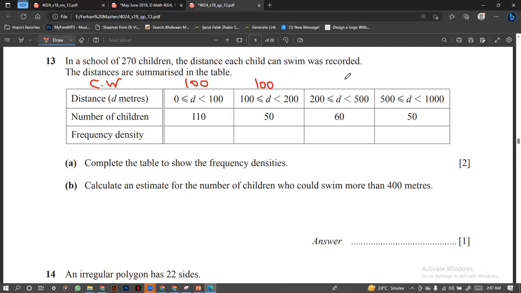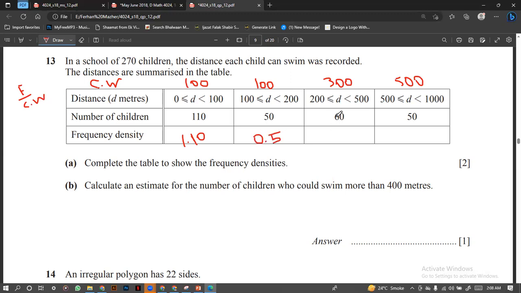And the class width here is 300. And the class width here is 500. Okay, so how do you find the frequency density? The formula of the frequency density is frequency divided by the class width. So you will divide 110 by 100, you will get 1.10. And when you divide 50 by 100, you will get 1 by 2, that is